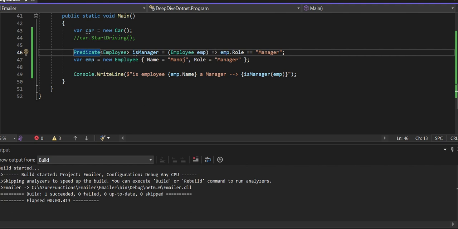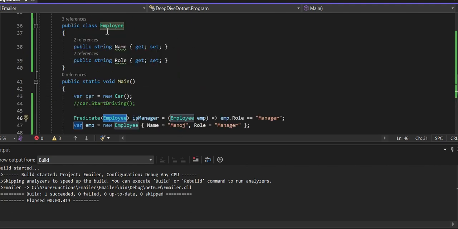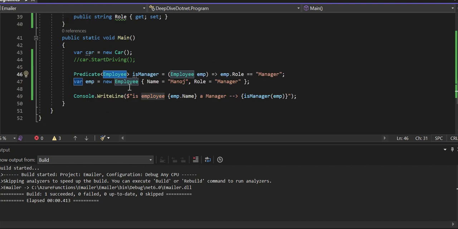So I have added a very simple example. I created a new class called Employee. Employee has name and role. So the predicate of Employee I created is isManager. It will check whether a supplied employee is a manager or not. So in this lambda expression, I will check if m.Role is equal to Manager. Then I created one employee object with role manager, and then in Console.WriteLine,